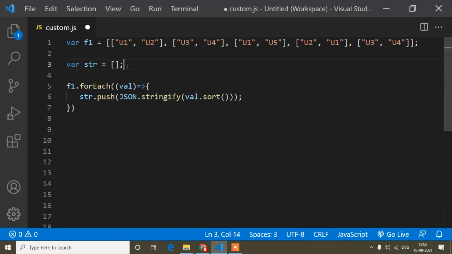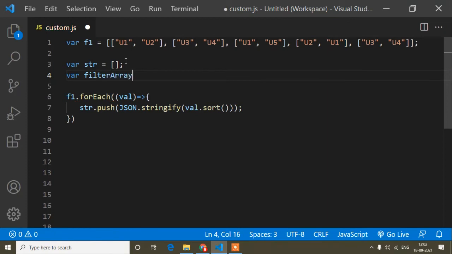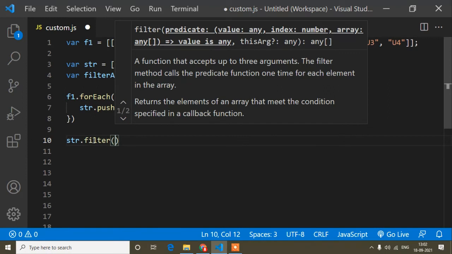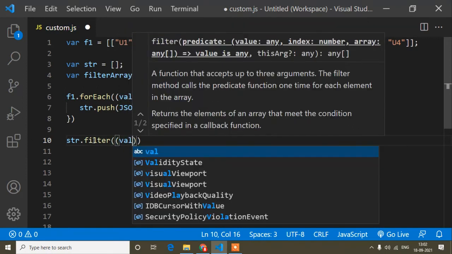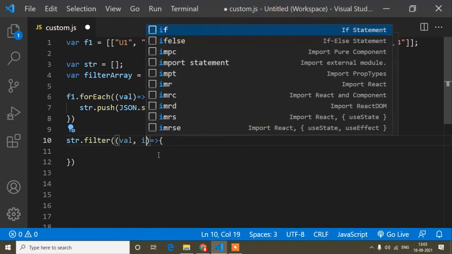So I can write another variable for the filter array, but guys, the variable name you can write as per your choice. After sorting and converting into a string, I store it into this str variable. Now here I will write str dot filter, and here I will write value and index.